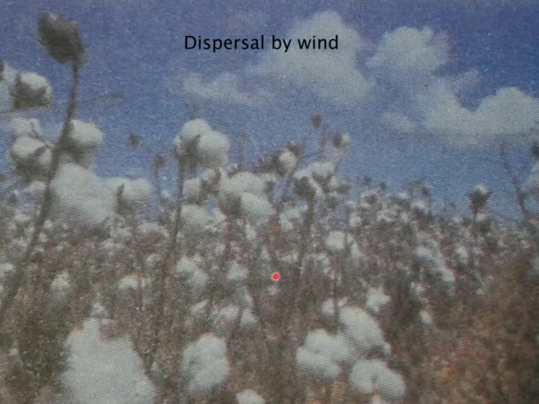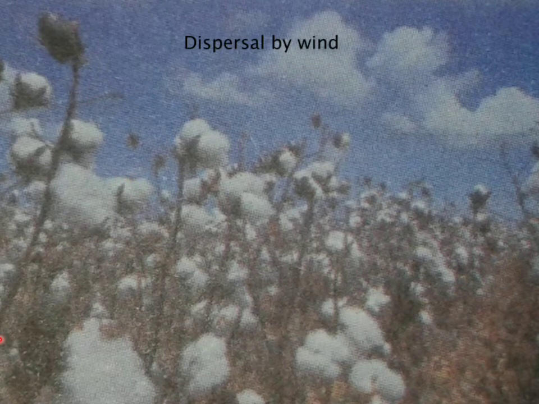Okay. Look at this. This is a cotton plant, no? So, seeds of certain plants are very light and have wing-like structure or hair on them. So, these seeds are easily carried away by the wind from one place to another place. So, it is called dispersal by wind. Even dandelion have fruits with parachutes of air that catch the wind and are blown.